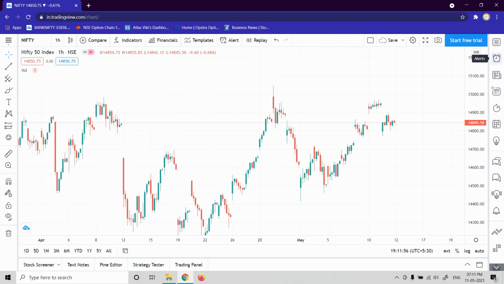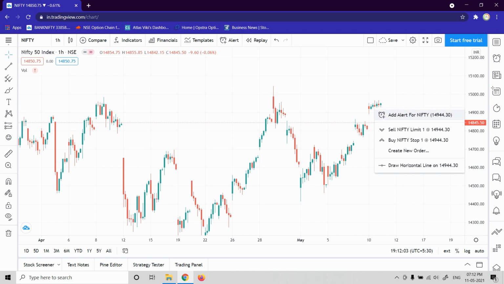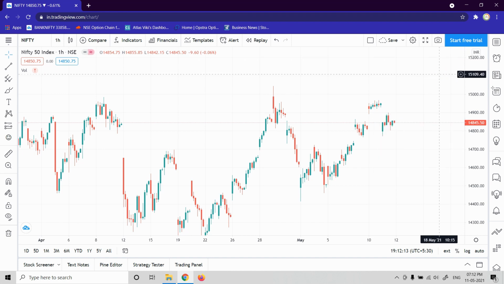And going on to the next one, this will be the alert area. You can set up alerts by just clicking on this plus button. When you are on the chart, you can find it. You can add here, so you can just click on this add and your alert will be active. On the free account, you only have one active alert. But when you go for the paid plans, you will get multiple alerts.